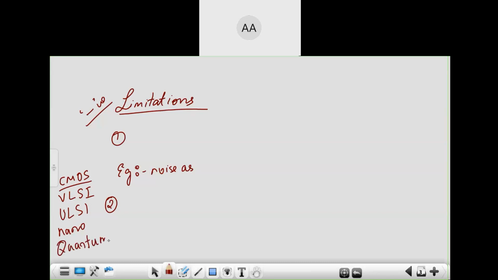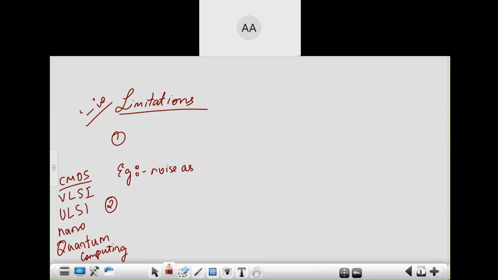You can just note down these things somewhere, because when you're going to do some projects, these are areas where you can really work, areas of core electronics which people don't take the courage to go into. Everyone just does some coding and leaves it. But these are areas, whether it is nanotechnology, quantum computing, VLSI. Because of these technologies, fabrication of a DSP processor is not at all difficult today. All right.